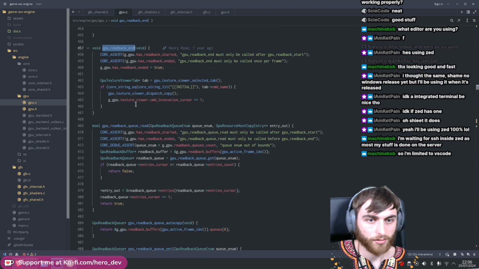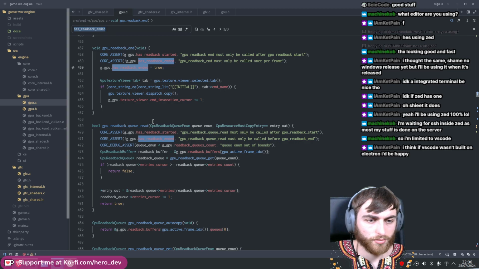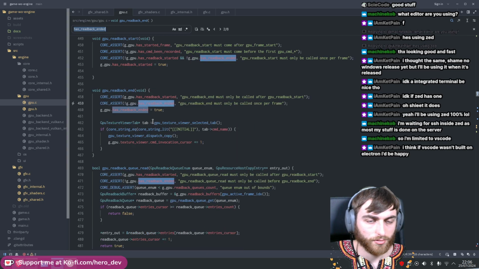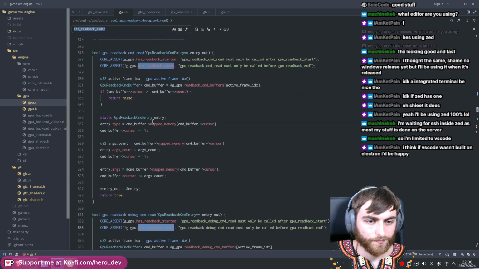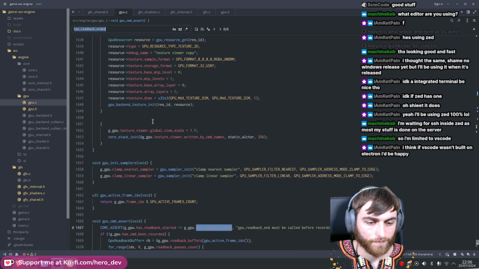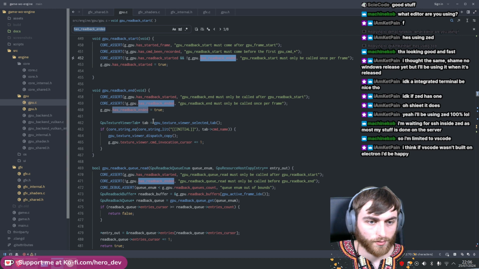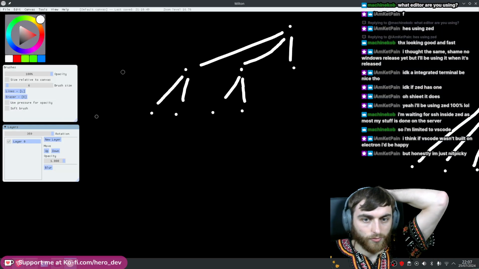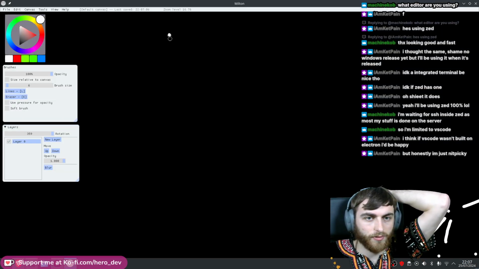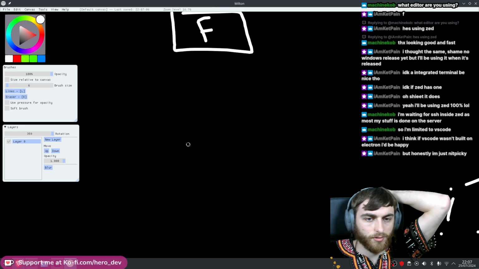Then a readback end will... Hmm. Yeah, so I think maybe we can draw this up a bit, but I think what happens is you have your frame start, and you have